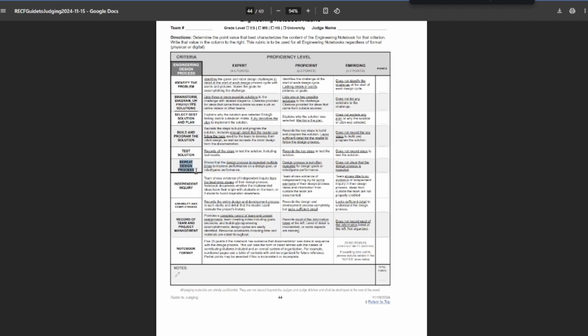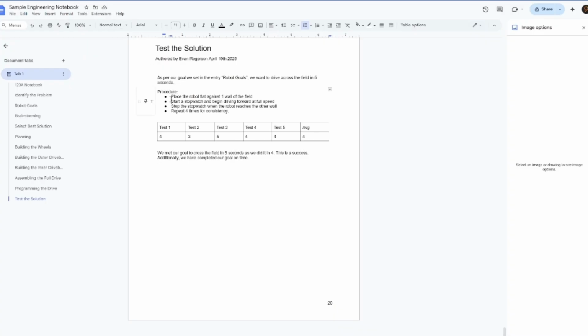Now, next section is repeat the design process. You can't cheese this. It's just go back through the design process multiple times to show improvement. Like do another, this is just a drive base that I have documented right here. Go back through and do another design cycle on, maybe we're adding a claw to the end of the drive base to pick up rings. Those sort of things. So you can go back to the design cycle there in order to add more features